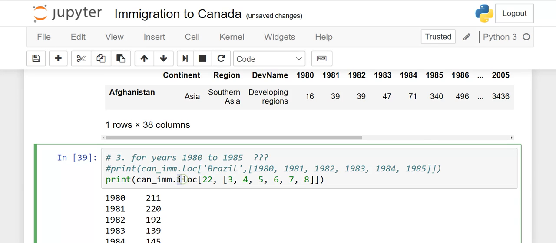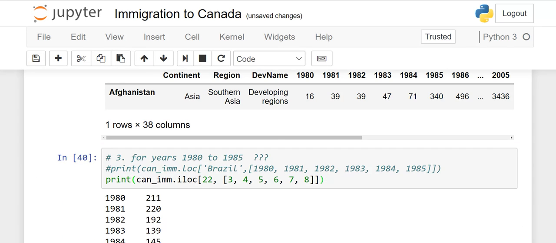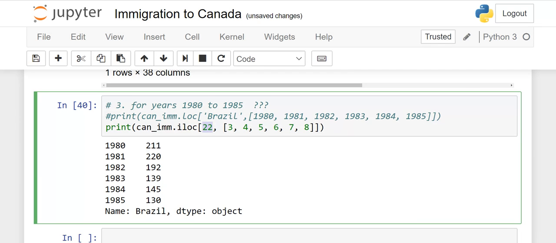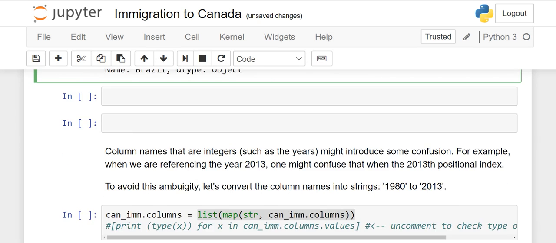If you are using iloc, you have to provide the index location of both the rows and the columns, which is again the same output you will get, but it is time consuming. I hope it is clear. With loc, only write down the name of the country, the label, and whatever years you want. But with iloc, you have to use the index row-wise and column-wise.